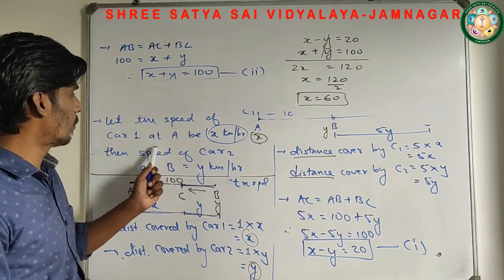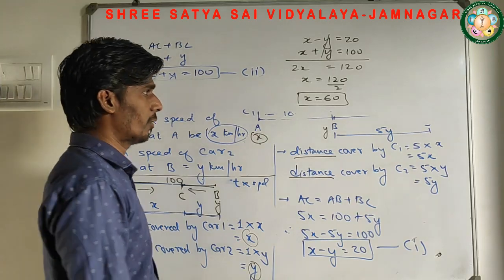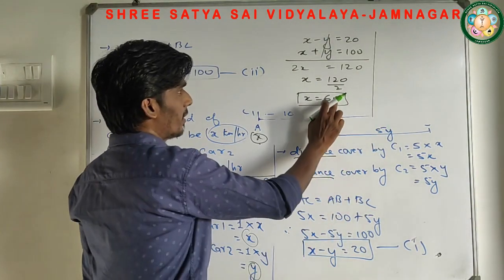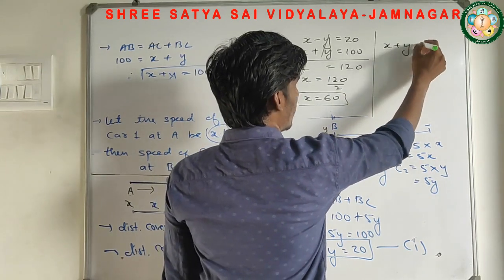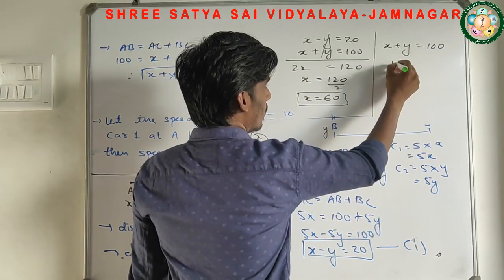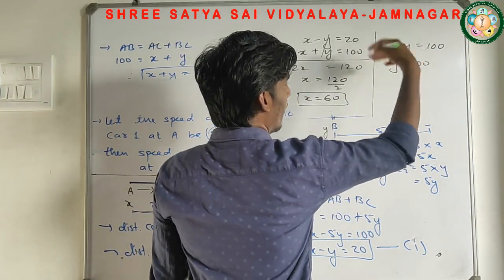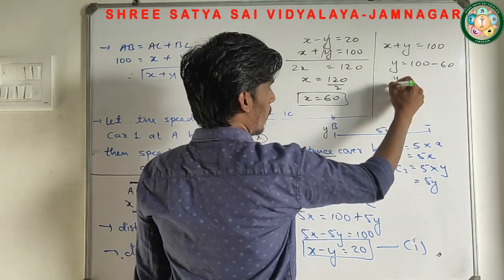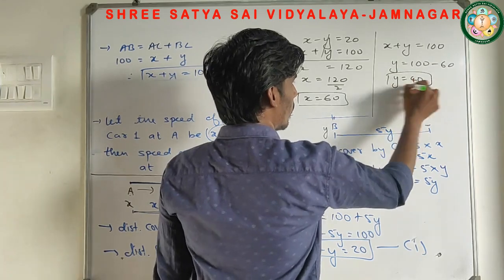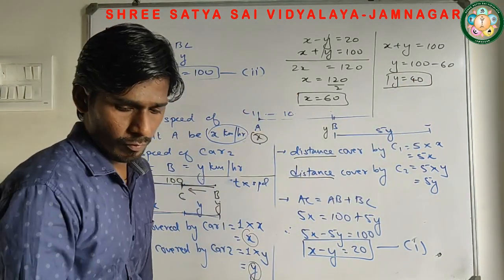The speed of car 1 is how much? 60 km per hour. Now replace this 60 in any of the equations. So x plus y is 100, y equals 100. X will move this side, so minus 60. So y equals how much? 40. Now you write the final statement